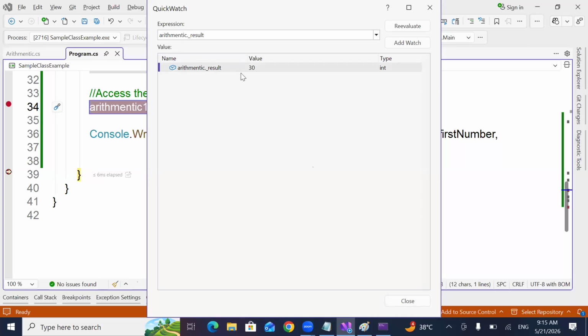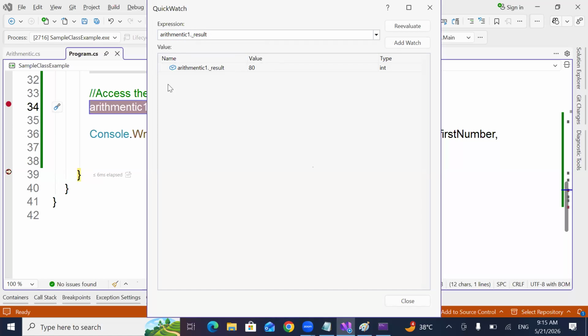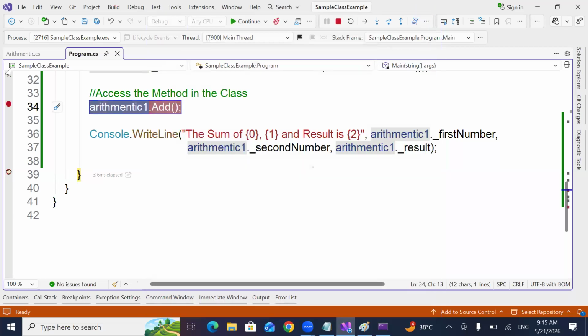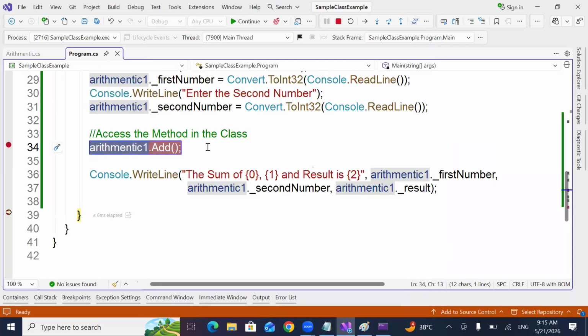Arithmetic is holding a value of 30 because arithmetic is a different object. Arithmetic1 is a different object. So these objects are creating independent memories. Did you get my point? Class is common, but when I'm trying to create an object, both are two different memories. Mahesh, understand?